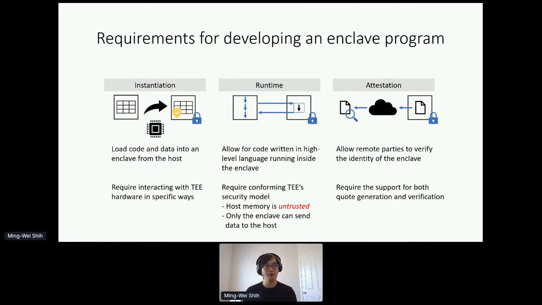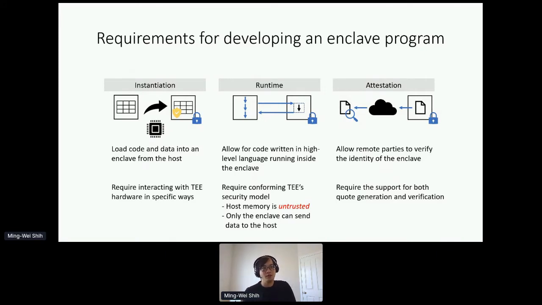After that, the hardware will seal everything loaded inside the enclave, and that can later be used by the remote attestation. And creating the enclave in different TEEs requires really specific ways, depending on what TEE you are using,